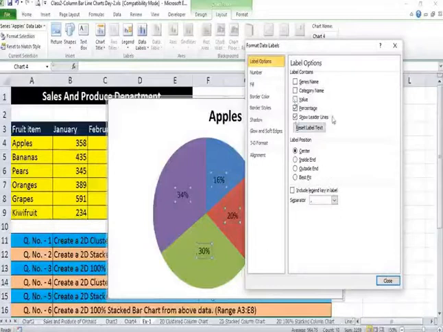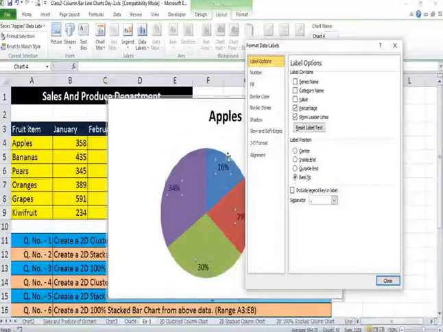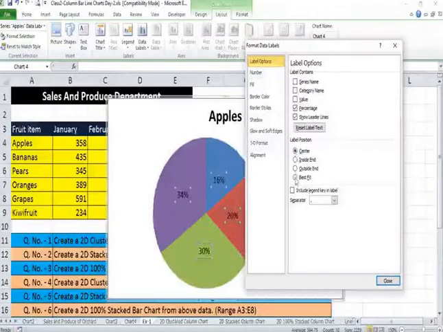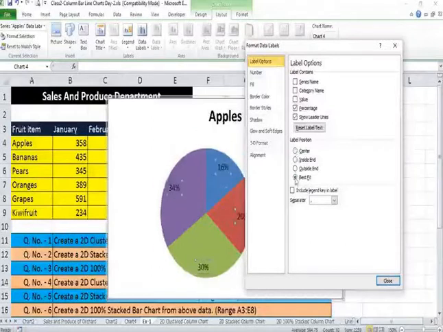Show leader lines option has got certain importance. I will show you it later. Label position, we are telling best fit option. So you can see here the best fit option has taken place and it has left the center position.